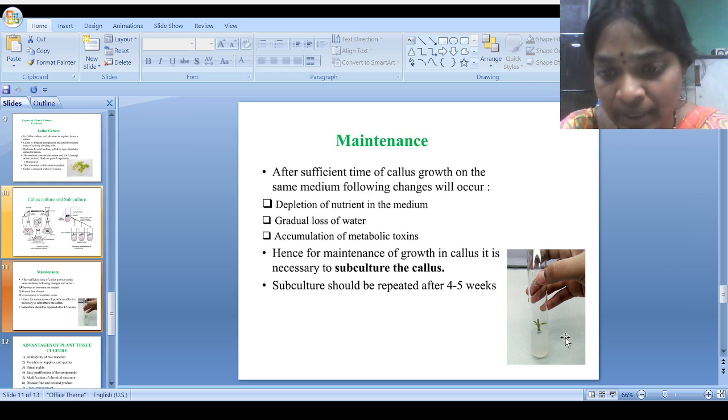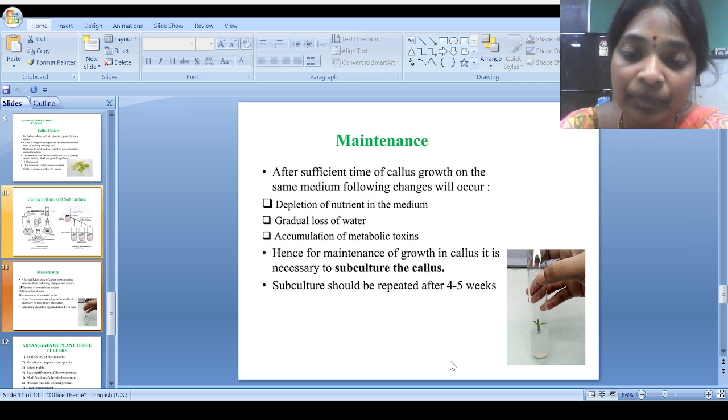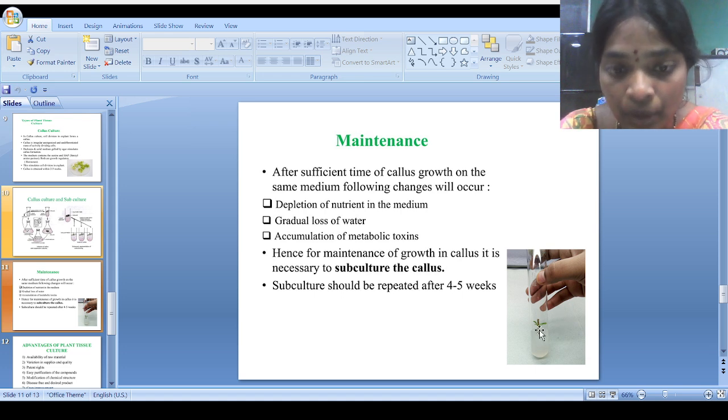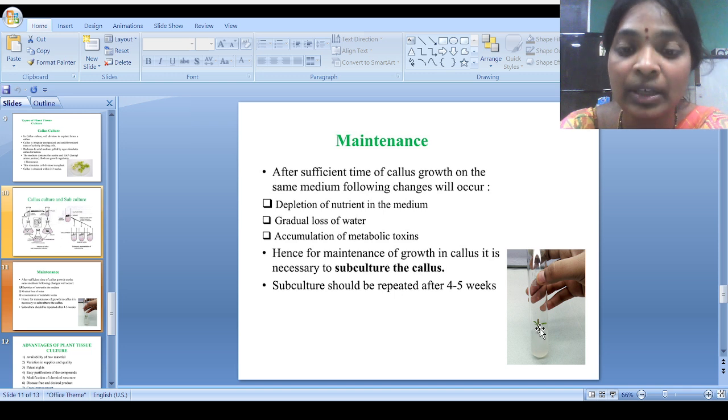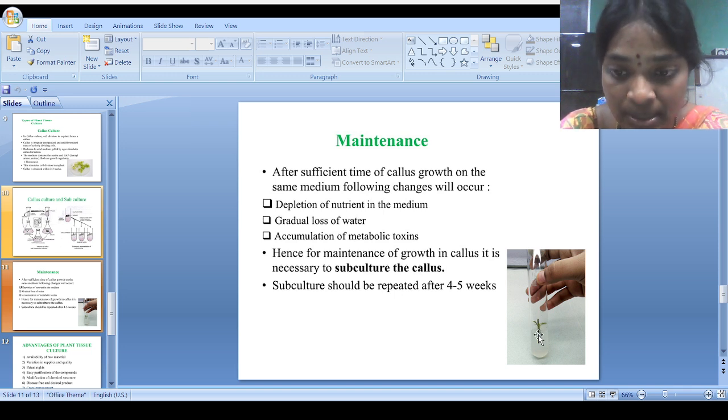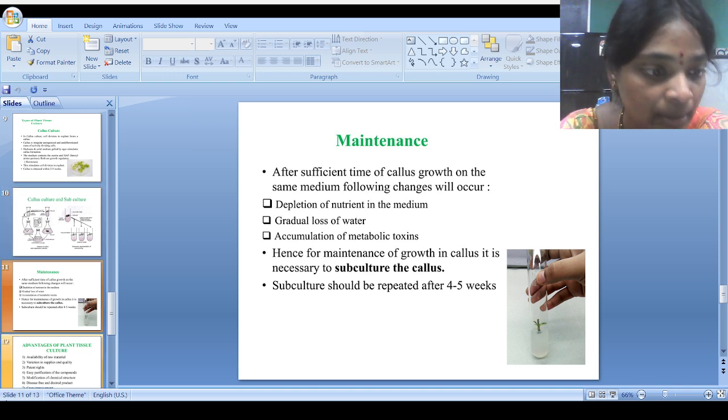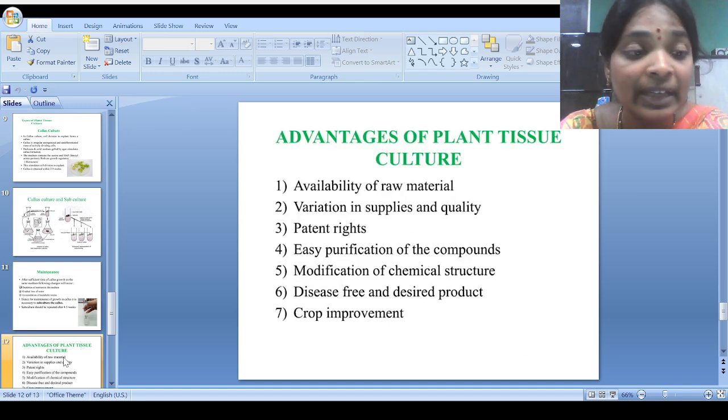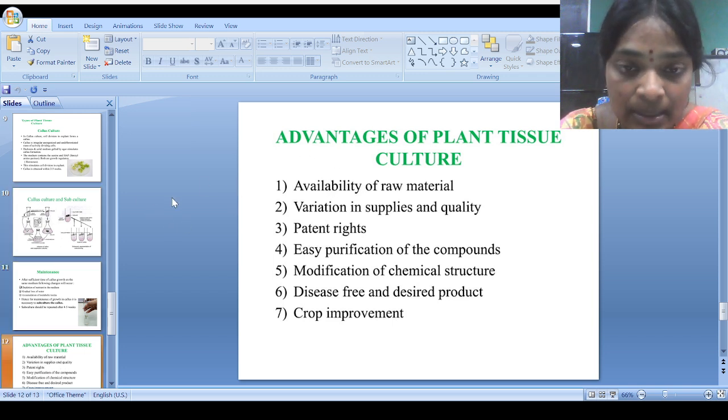So this is also one of the examples for subculturing, where we have just cultured, after 2 to 3 weeks, then nearly 4 to 5 weeks of culture. This is the subcultured material. Next, we have different advantages in this particular plant tissue culture technique. So availability of raw materials, aiming for the two types, the mother and the daughter plants, and we can have these